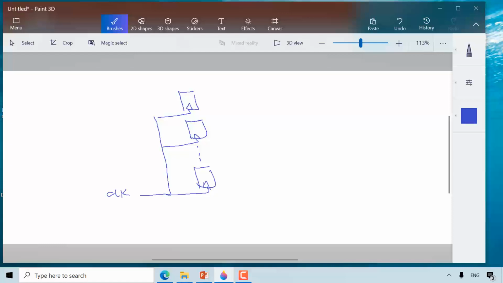If they have different clocks, then they are asynchronous counters. But we would always like to work with synchronous counters, so one central clock, and their outputs go from q0 all the way to qn minus 1. The output typically starts from 0, and then we increment or decrement all the way to 1 1 1 1 1, and this is when the output saturates and we go back and repeat the same